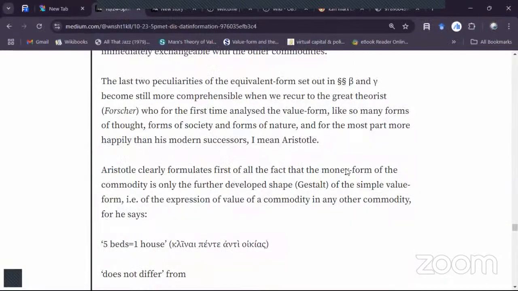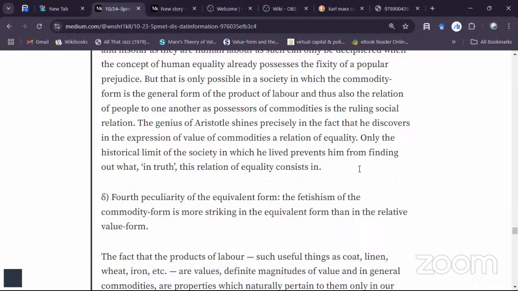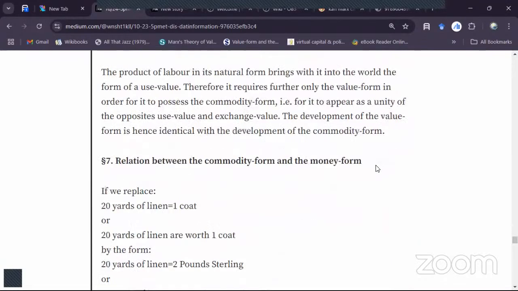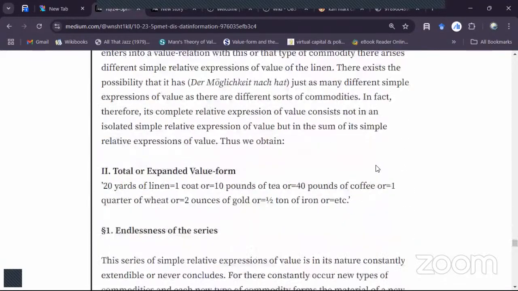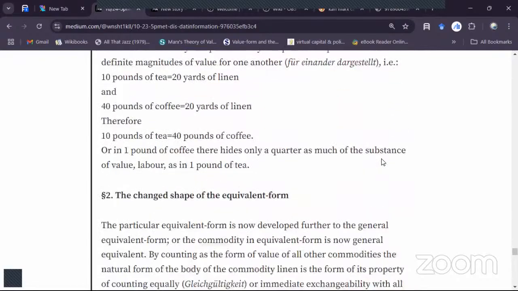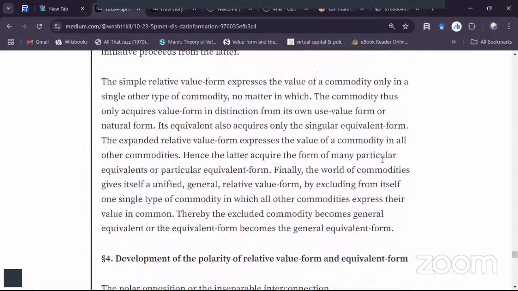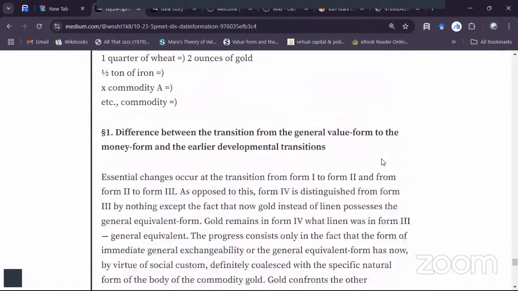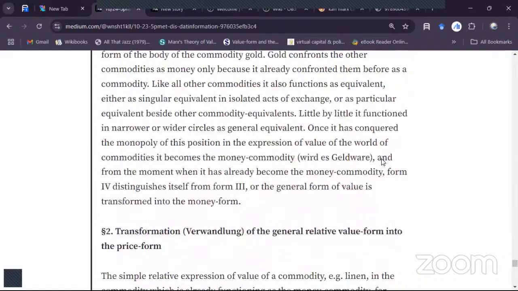He sort of followed the same set of arguments. It's clearer, with all due respect, in the Chris Arthur version than it is in the Marx version, but he is essentially making the same value form argument, which is made in part by the usual suspects. So that's included here. I include a couple of other